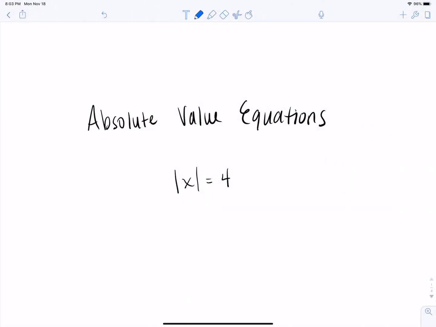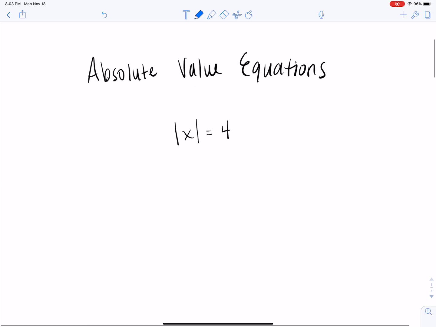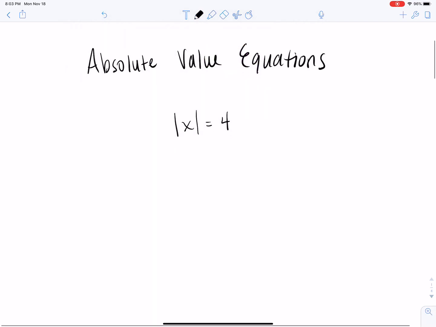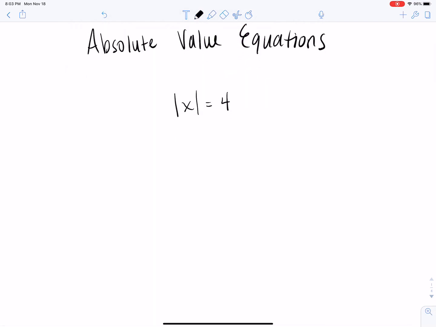Hi guys, I'm going to start with a blank page of notes and just a real quick reminder of when you were in Algebra 1 and you solved some simple absolute value equations. So most of you can look at this problem and know that whatever is inside your absolute value symbols,